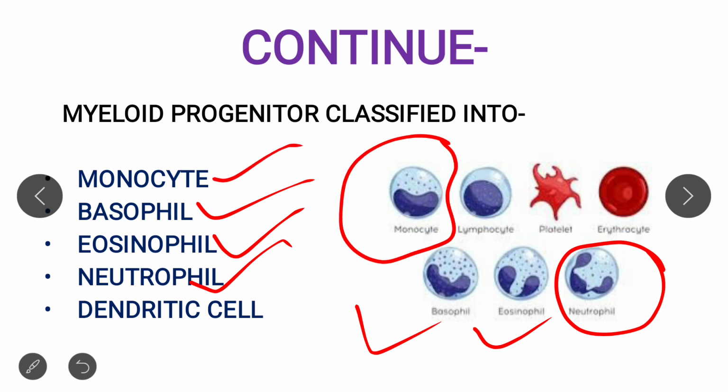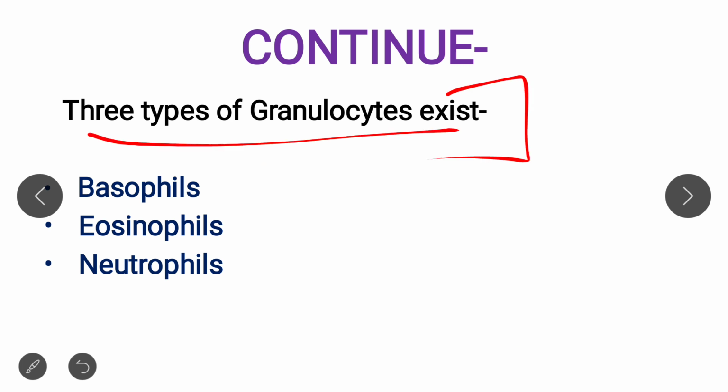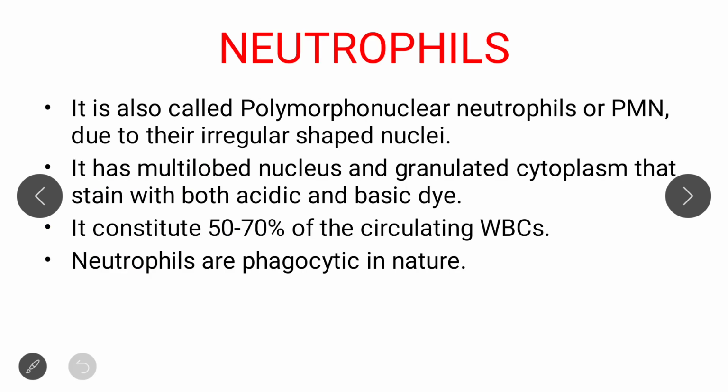This is the structure of monocyte, and from monocyte a macrophage can arise, which invades the tissue space and remains there as tissue macrophage. We will discuss the details of macrophage in the next lecture. Today we briefly discuss these three types of cells as well as monocyte. So let's first start with the neutrophil. As I already classified, the granulocyte cells are neutrophil, eosinophil, and basophil. Now first of all, neutrophil.